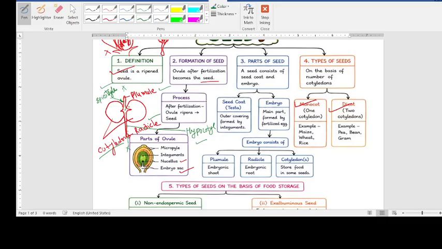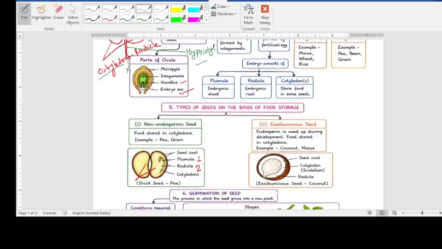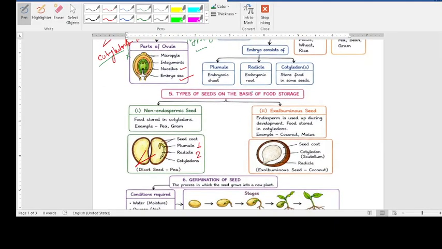Now we are moving to the types of seed on the basis of food storage. Types of seed on the basis of cotyledon we have already done here. This is classification A: if they have two cotyledons, dicot; if one cotyledon, monocot. Here we are moving to the types of seed on the basis of presence of endosperm. If endosperm is not present in the seed and is consumed during development, then those seeds are